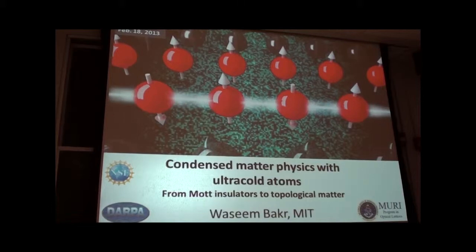So today we're happy to have Waseem Bakr from MIT. Waseem got his degree with Marcus Greiner at Harvard, graduated from Harvard in 2011. And he was the graduate student, among the graduate students, but I think the primary graduate student setting up the quantum microscope that Marcus has gained a lot of